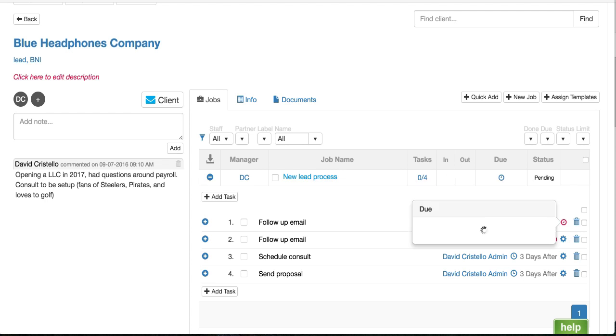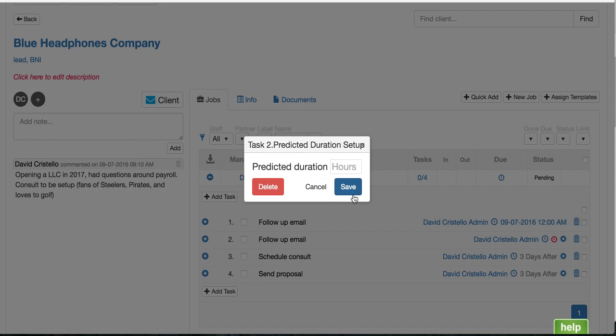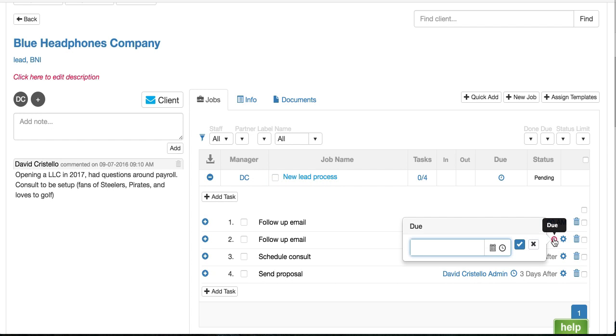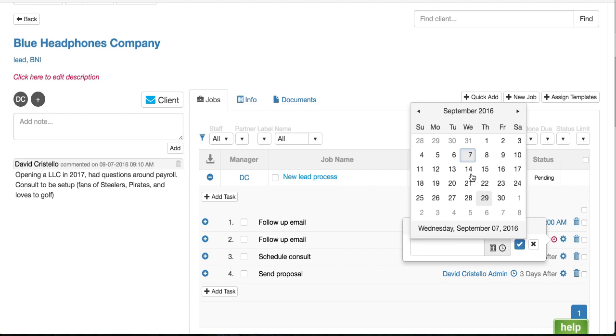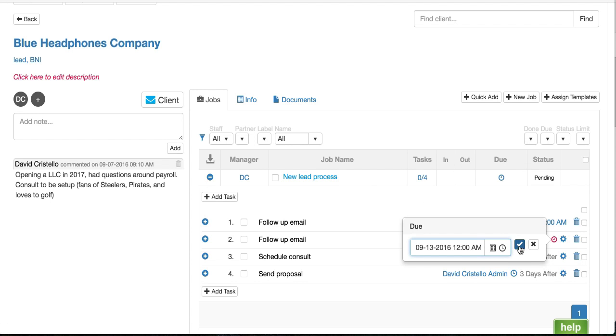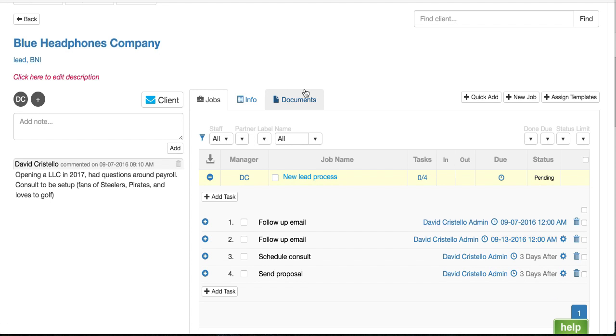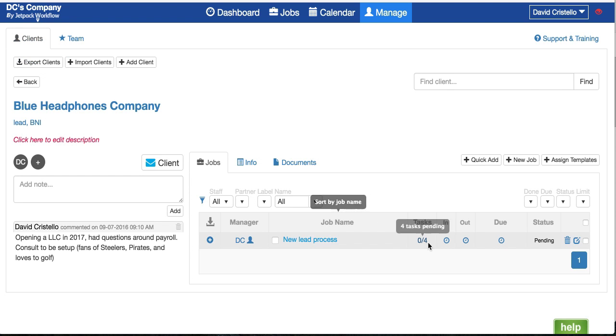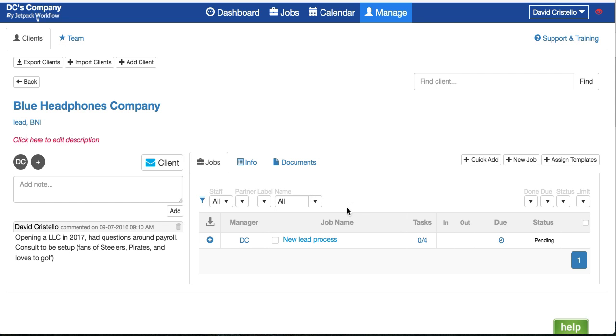Let's just go ahead and mark that for today. And then let's go ahead and say, oops, we don't need to set up budgeted time right now. Let's go ahead and set up that due date. And let's just say we'll set it up for next Tuesday, right? And then we have a couple other items that you can set up to follow up. If you need to add an additional task, you can do so. If you need to add notes to the task, if you have descriptions or anything like that, you can set that up. And now you've set up that process,